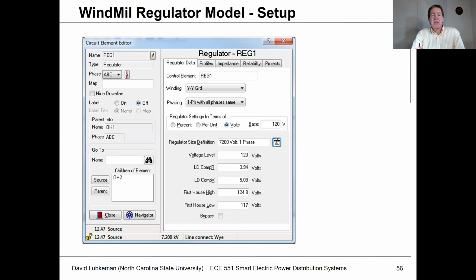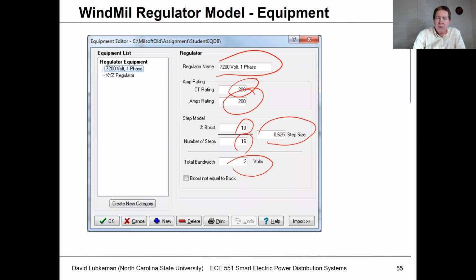Then, when you're setting this up, you would also select the YY ground, and you would basically set this up where you have all phases the same. So I have 3 single phase regulators in here, and each single phase is operating exactly the same way. Here's my definition that I'm linking to from my equipment database. So this is in the equipment database here,